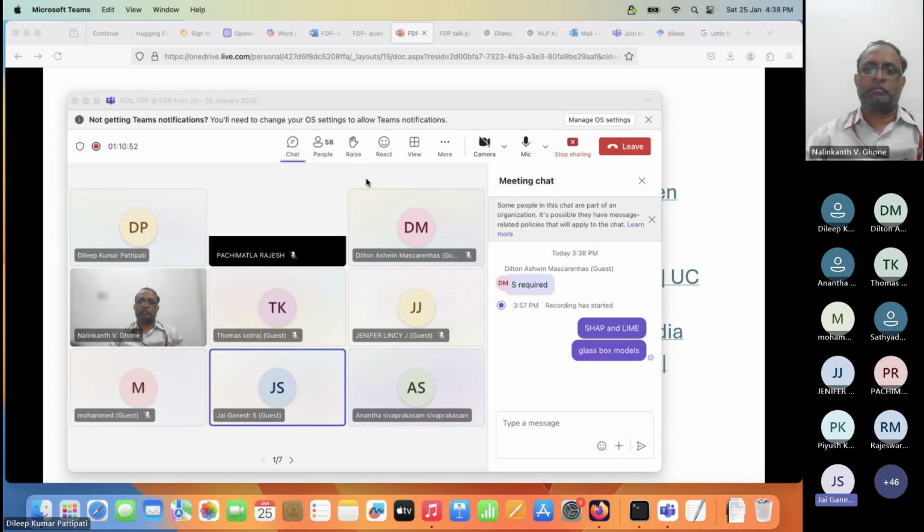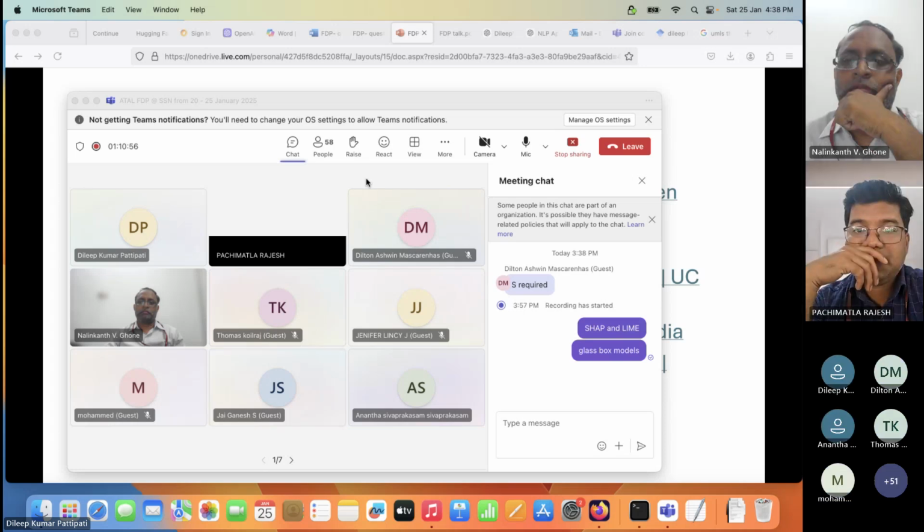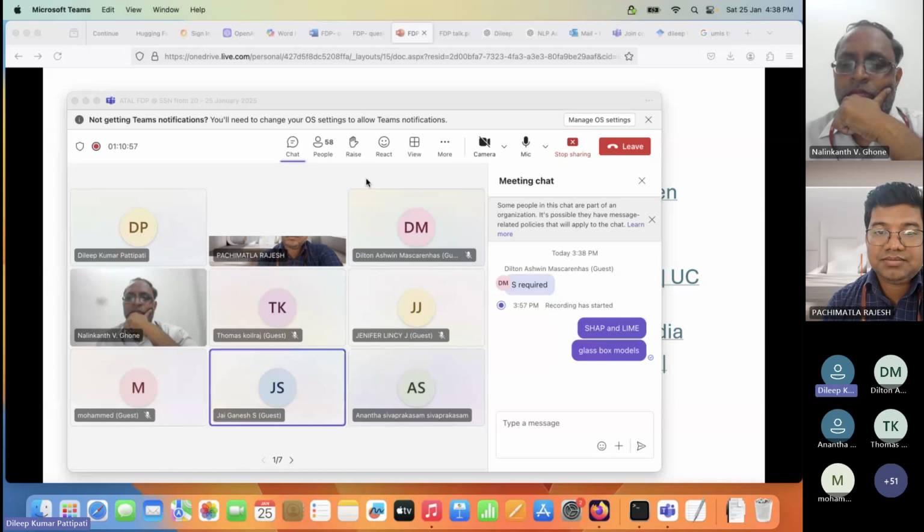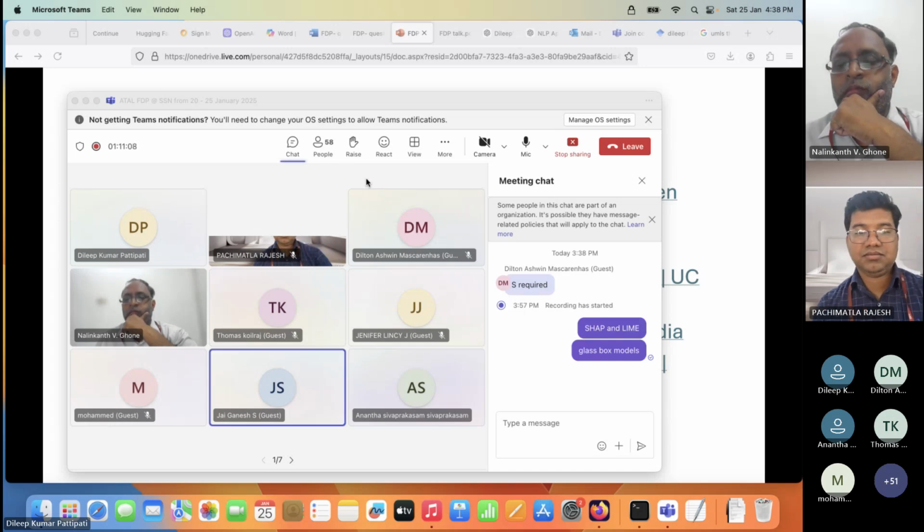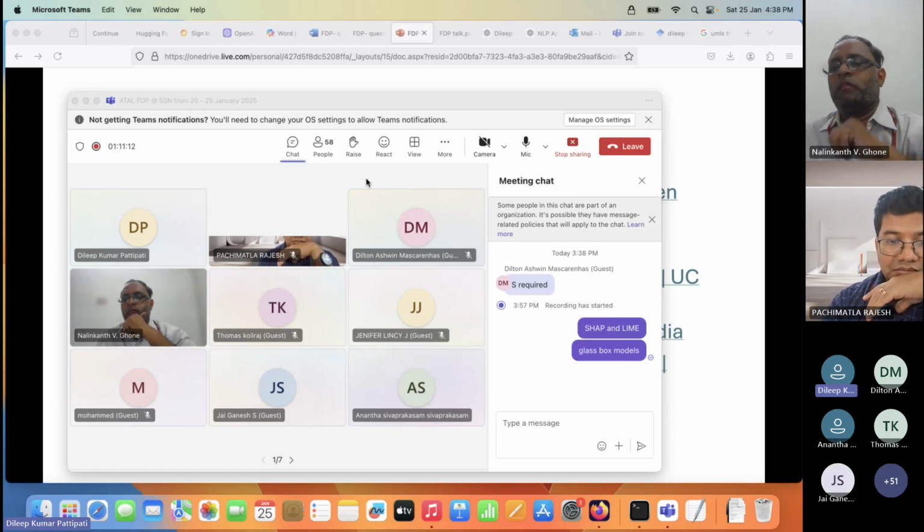Am I audible? I have one question, actually very generic. Yes, Ganesh, please go ahead. Is there any specific ethical committee that every AI bot has to pass before it is published? Any ethical committee? Okay. See,